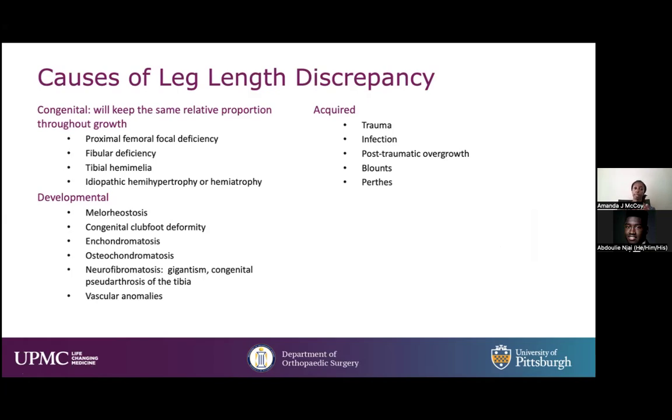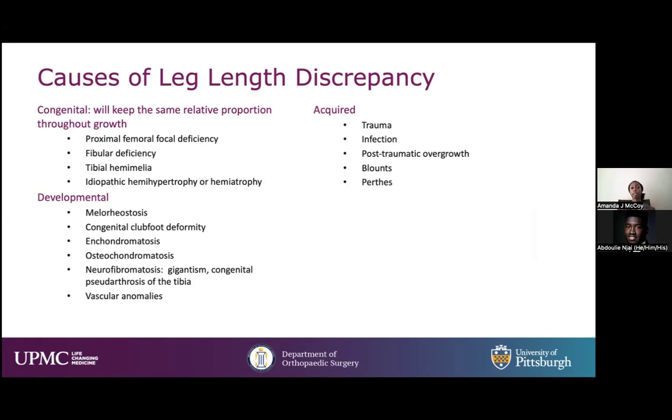So you want to think about congenital. And so when you have a congenital leg length discrepancy, usually the limbs grow proportionately, which means they will keep the relative proportion throughout growth. And so proximal femoral focal deficiency, fibular hemimelia, tibial hemimelia, or hemihypertrophy or hemiatrophy, those have the same relative proportions